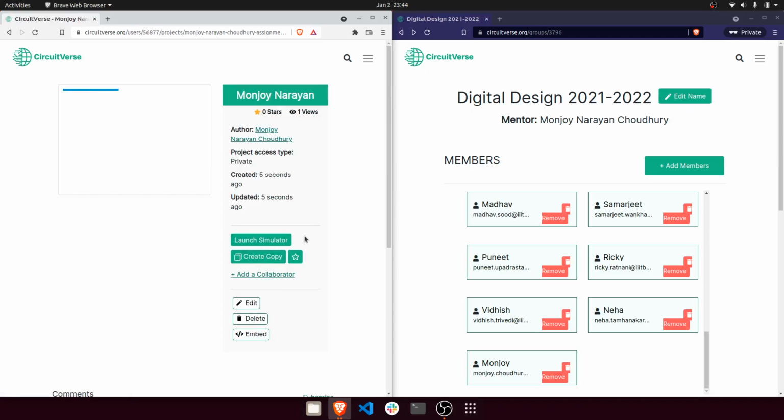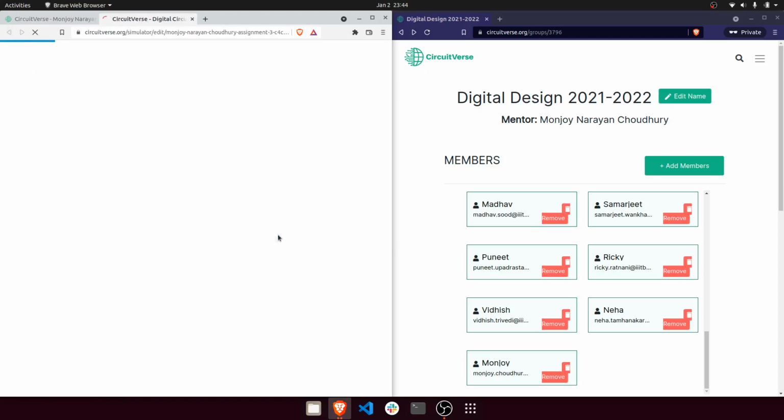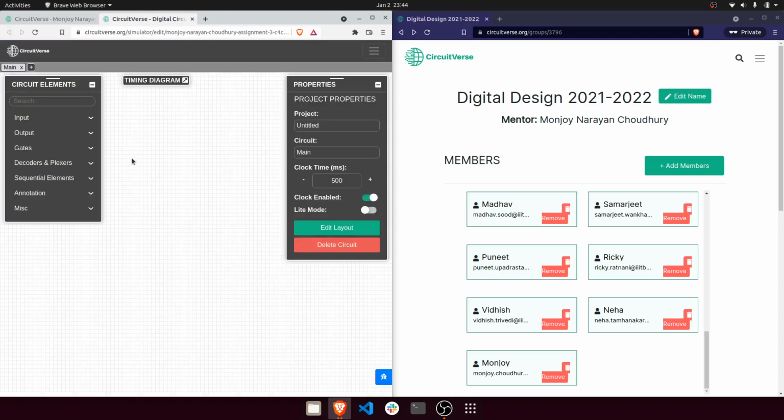When you go on Start Working, this is your assignment window which is created now, your solution window. You have to use this to solve. Do not make your own private window and solve. Do not make a new private circuit and solve. Now when you do this, you have to click on Launch Simulator. That's why it's important to go through that process rather than making your own answers.